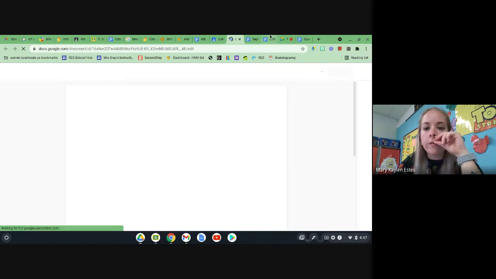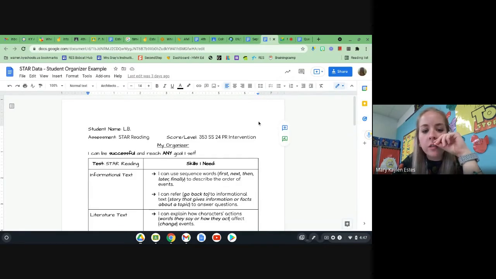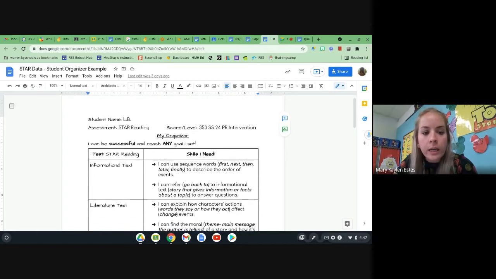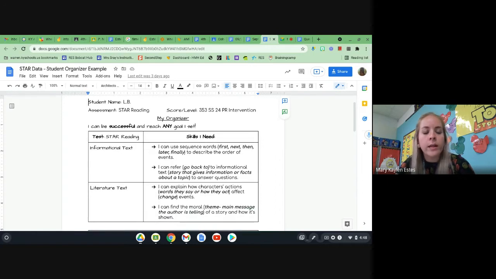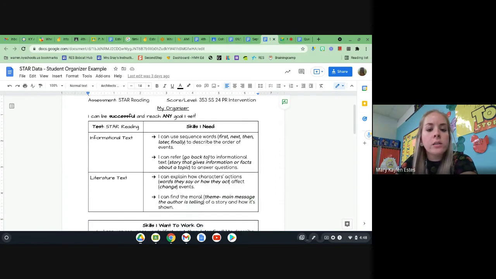So for this artifact, I was about to go to the agenda. This artifact, we do STAR as one of our summative district assessments. And I made an organizer for STAR data. This top part was what I did before I met with him. I picked from the STAR reading report. It says that my student needs help with sequence words, like putting things in order or referring back to the text to answer questions. So I gave him 2 choices